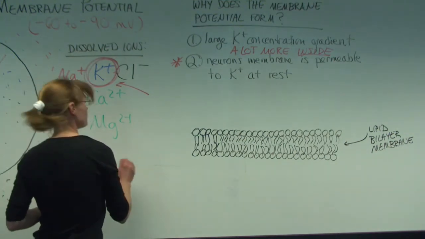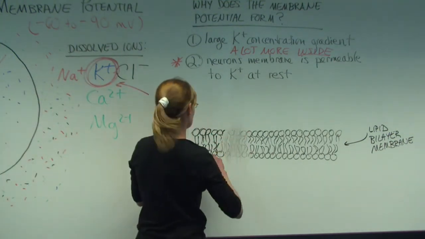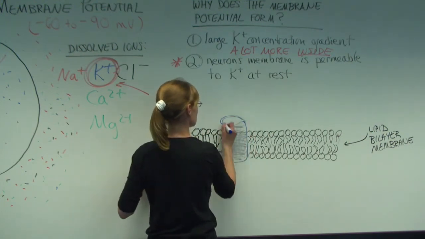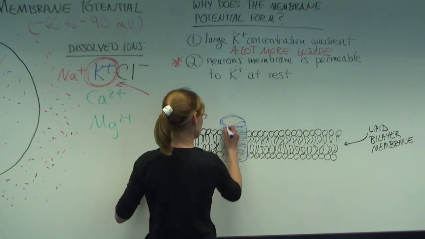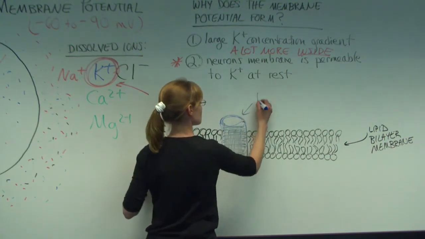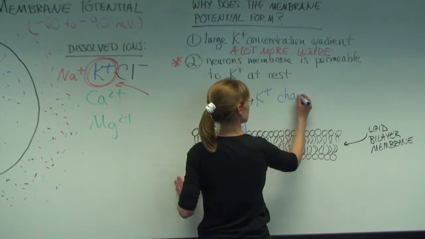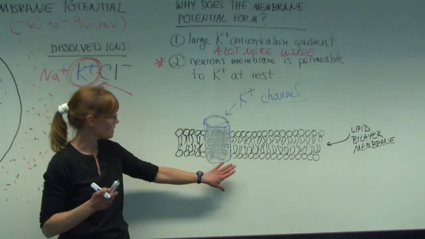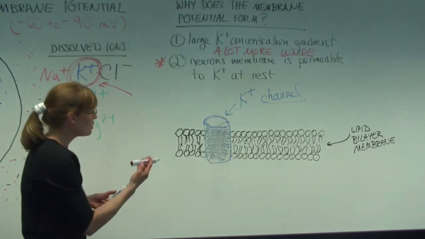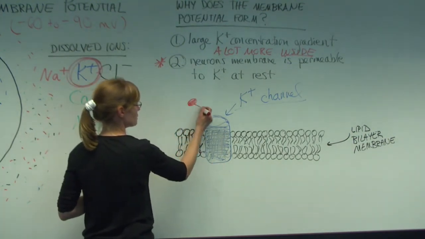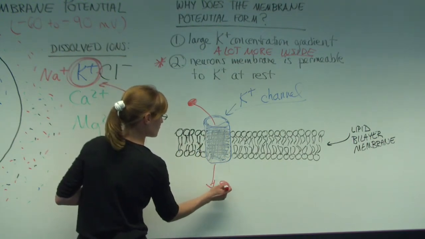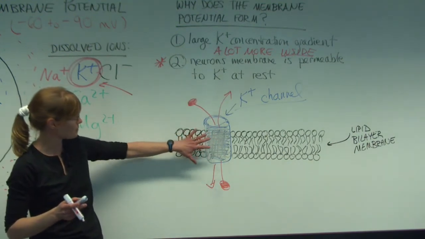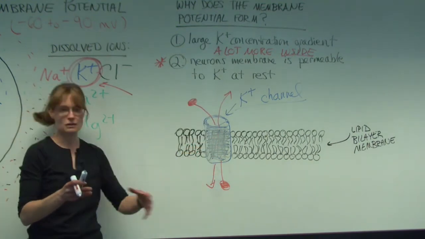So if we just draw a little protein in there, that forms a potassium channel. Now, our potassium ions are able to move across, going either in or out across that membrane through this protein that forms a pore